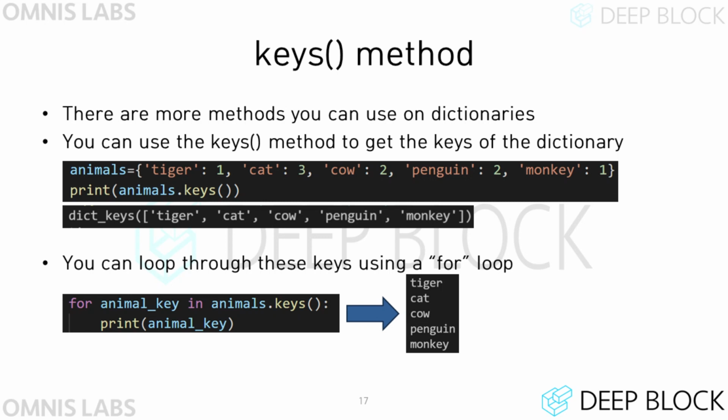A dictionary has various methods. For example, the keys method returns all key values in a dictionary in the form of a sequence. For example, all keys of the dictionary called animals on the slide can be obtained by using the keys method as follows. This return value can be traversed using a for loop or can be cast to a list.